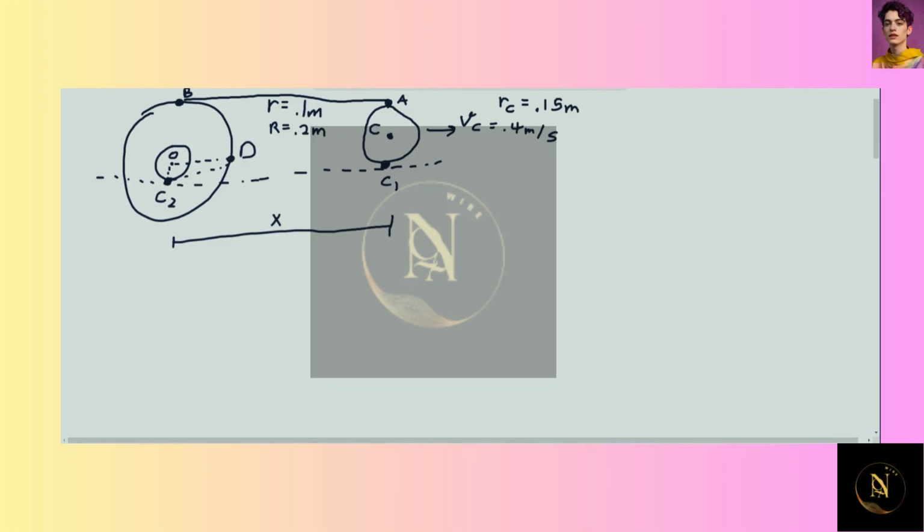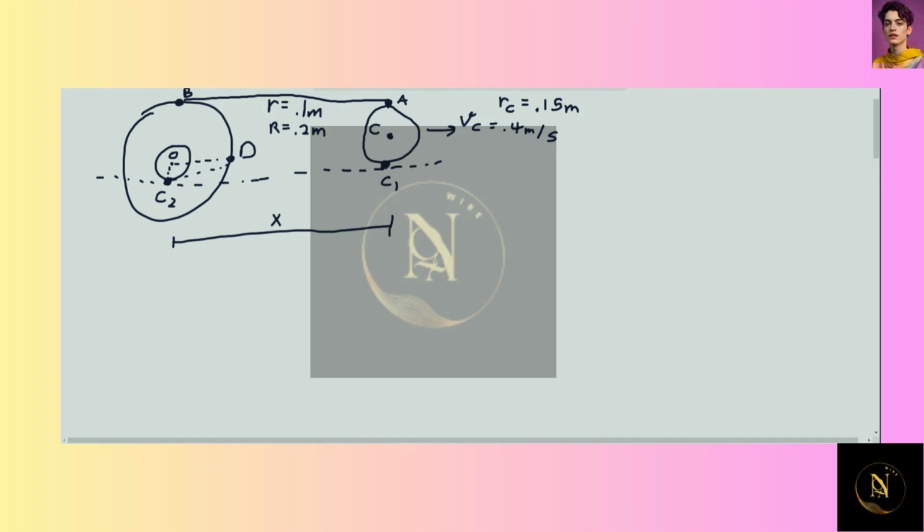The other wheel is made up of two cylinders, a larger cylinder with radius 0.2 meters, and a smaller cylinder with radius 0.1 meter. And that smaller cylinder is the one that's touching the ground here at point C2. And we want to figure out how fast point D is moving. So to do that,